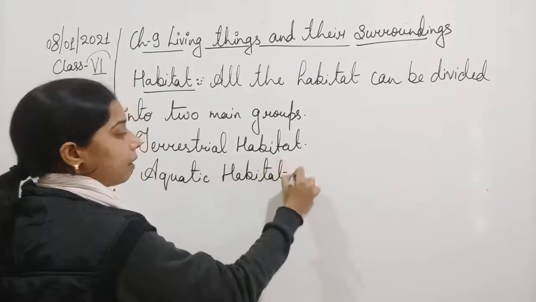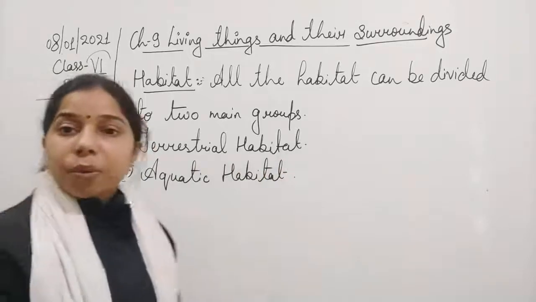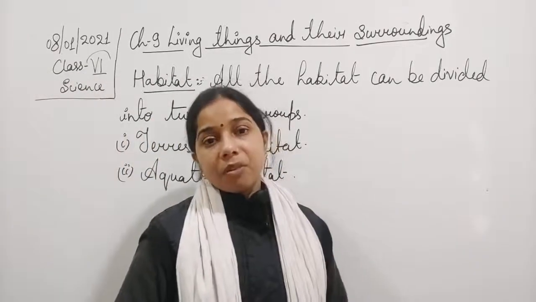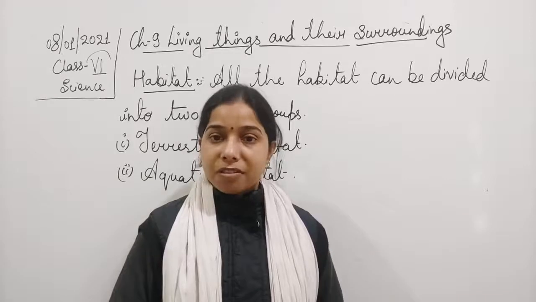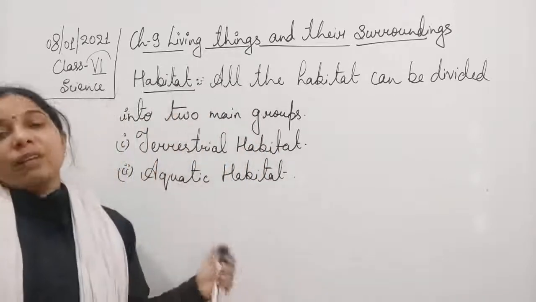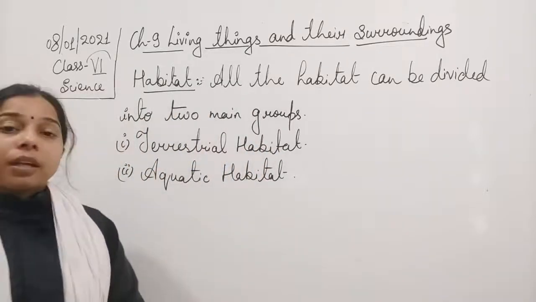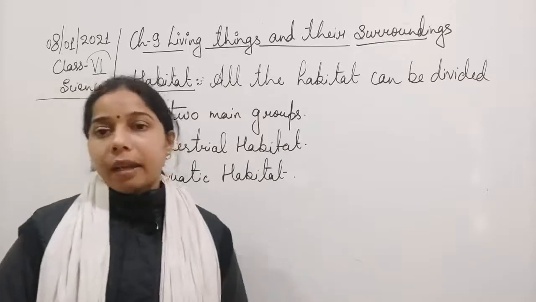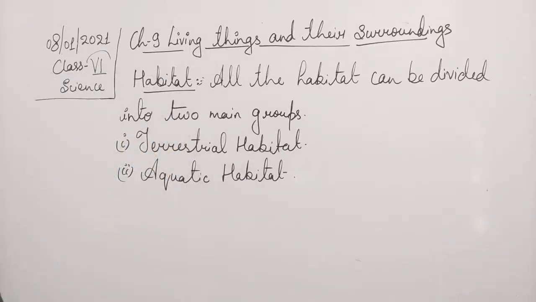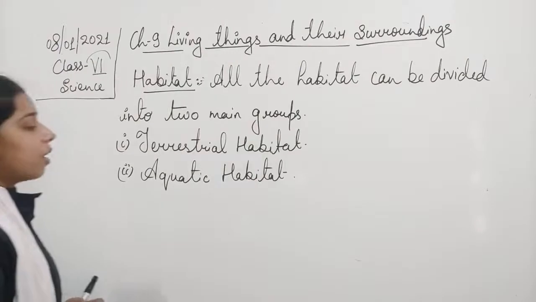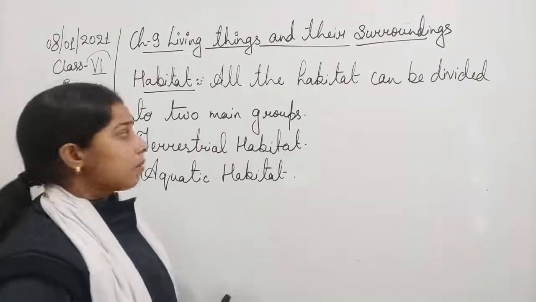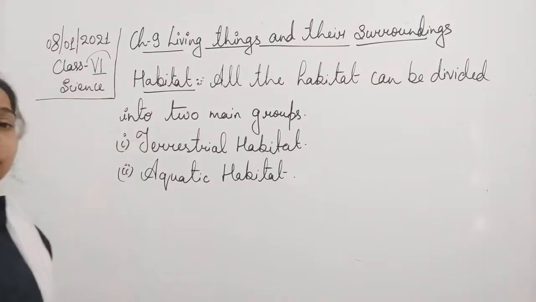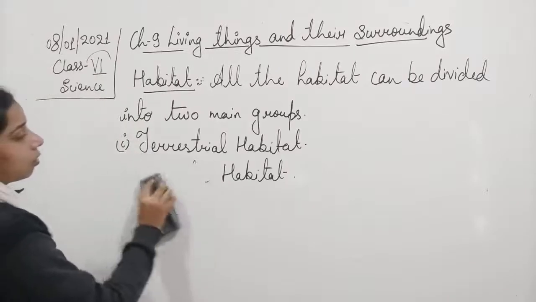So all the different types of habitat have been classified into two main groups, the terrestrial and aquatic habitat. Now let us see what is there in case of the terrestrial, and then we will see the aquatic. So if we see that of the terrestrial, students,